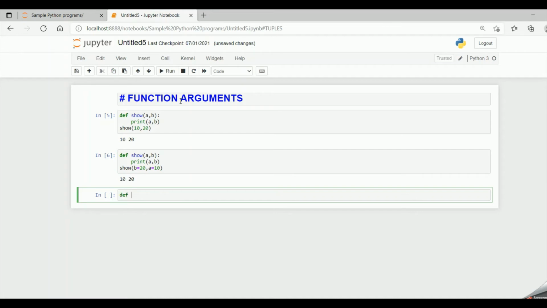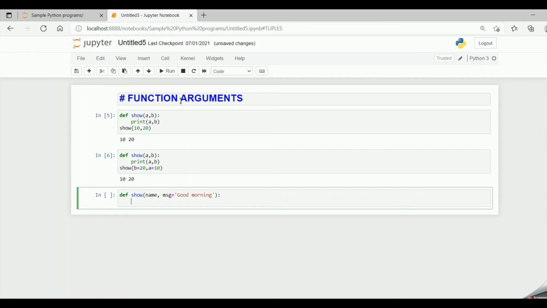Let me say def show, name is one of my arguments and message is good morning, and then let me give colon, print name comma message.